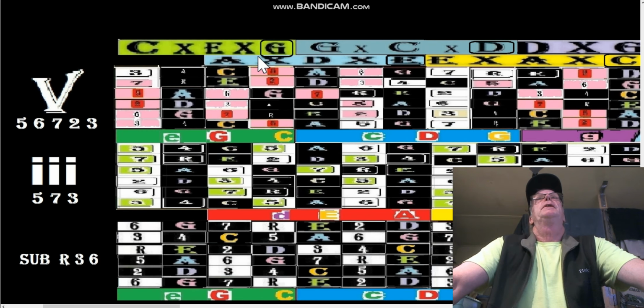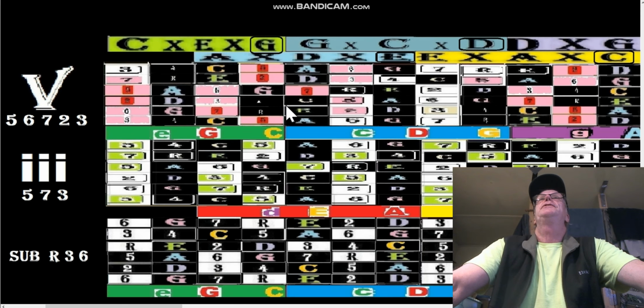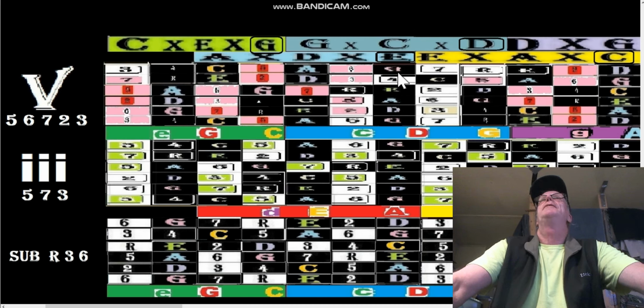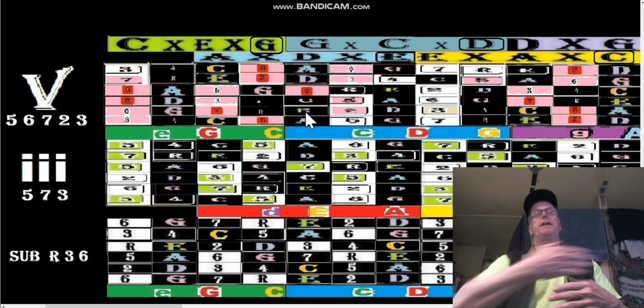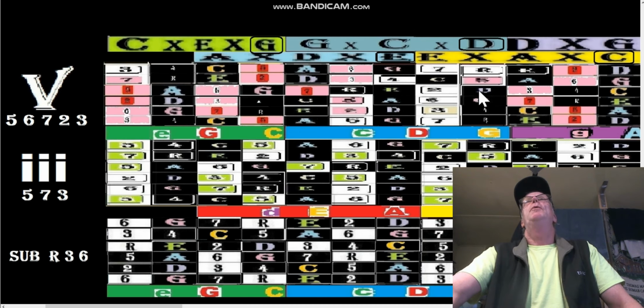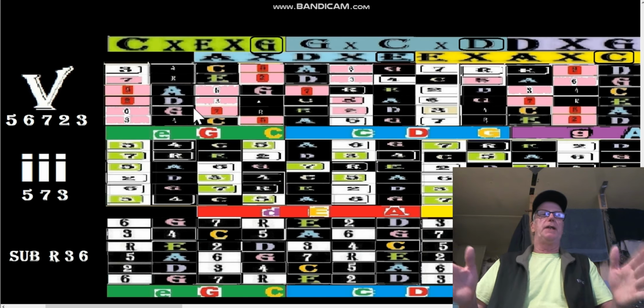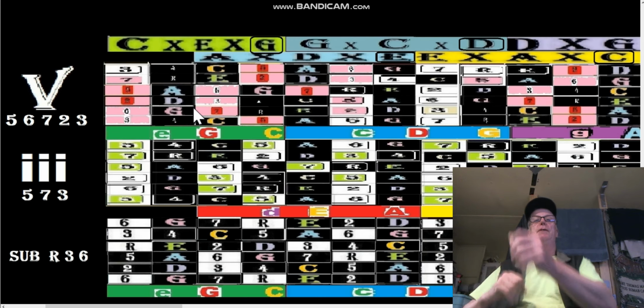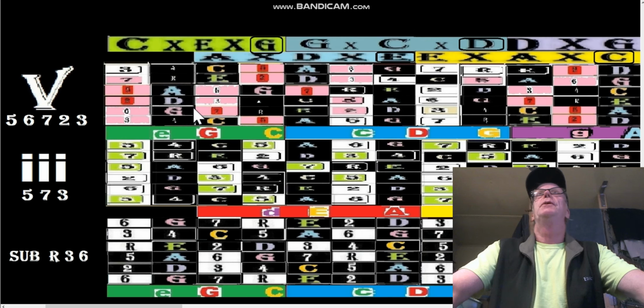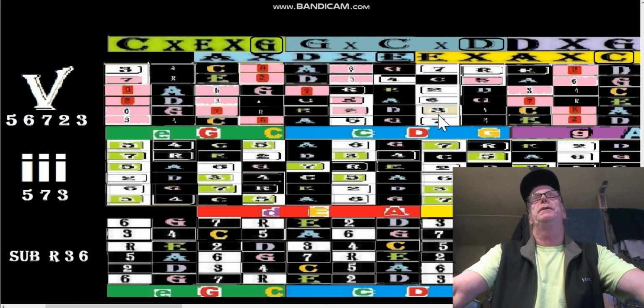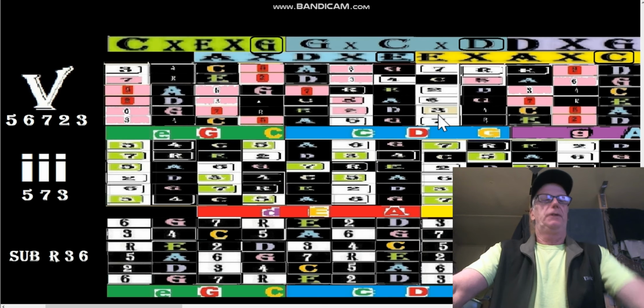In the fifth shape here, we do the G shape, and yes, it is the G shape, and by golly, it's right next door. 6, root, 2, 3, 5, 6, 3, 5, 6, root, right there. We could in essence just move the fretboard down, like a fretboard conveyor belt. But when the product gets down this far, it's like we're going backwards on that conveyor belt and taking parts off of it. So it doesn't have everything that a diatonic one would have if it was in the G shape. So that's a summary there,